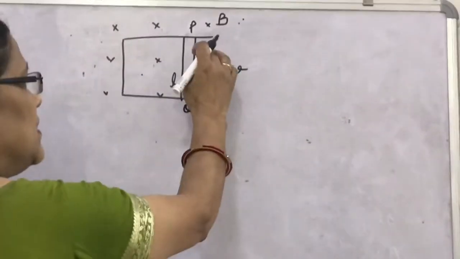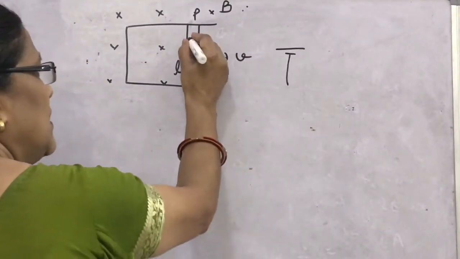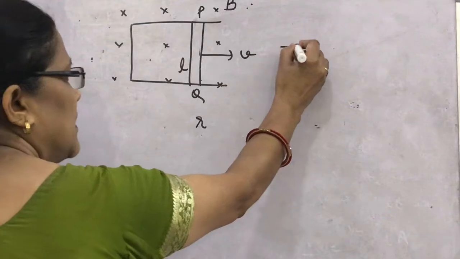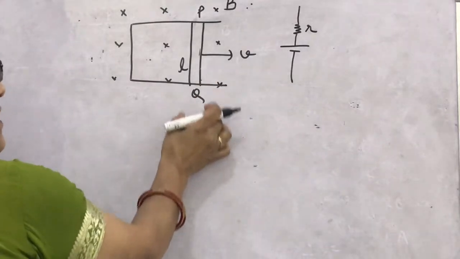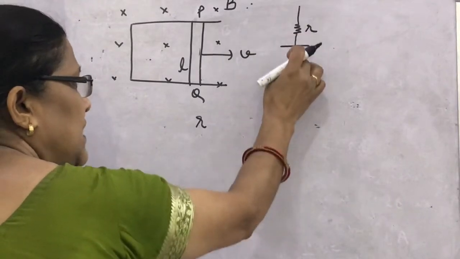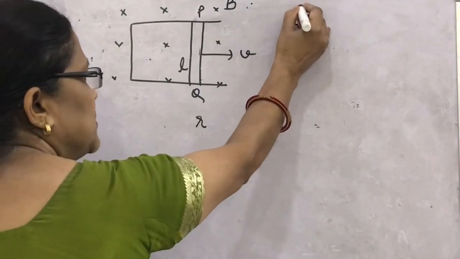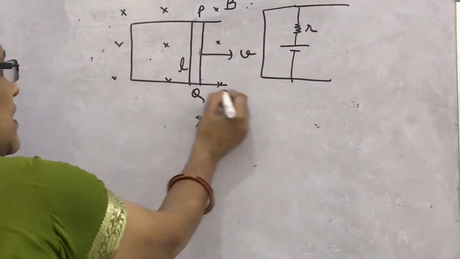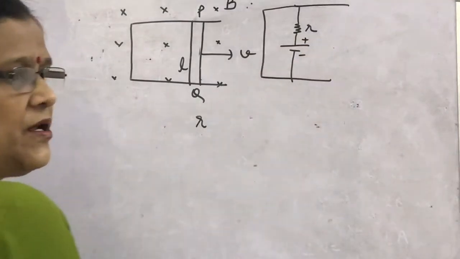We have read that this rod will be equivalent to a cell. If the length of the rod is L and its resistance is R, then the rod behaves like a cell, and its internal resistance can be shown by R. So this figure can be supposed to be equivalent to a cell, and since this conducting wire is of negligible resistance, we have shown it here, and this cell has this polarity, positive and negative.